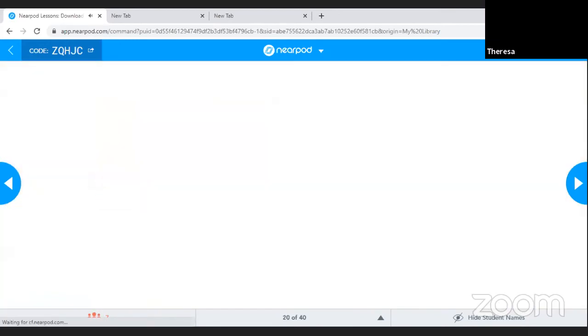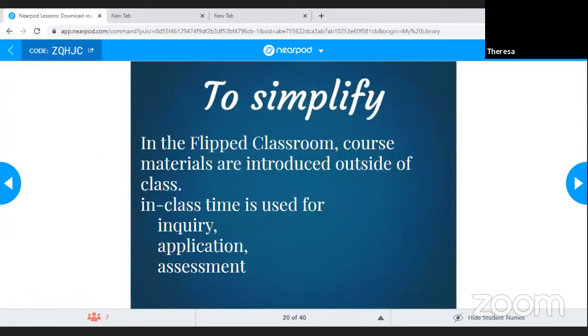All right, so as you can see, if we want to simplify what you have just viewed, we're speaking about the flipped classroom, and I'm sure that you have heard about the concept before. It's not something that we've come up with ourselves, but it is something that we need to take a look at as a solution to a problem that we might have amid the pandemic and also amid the unique circumstances in our different schools.